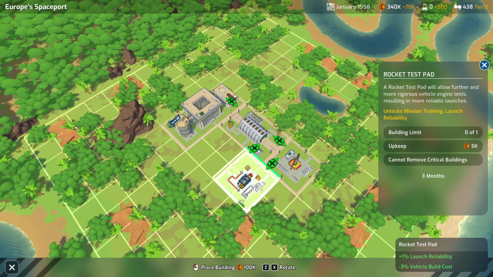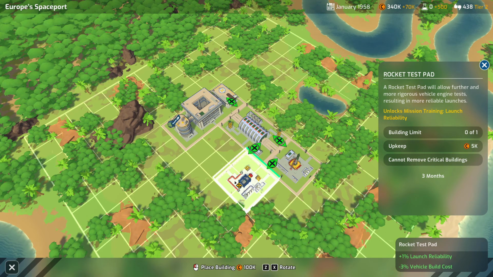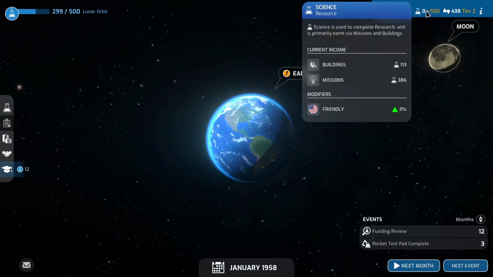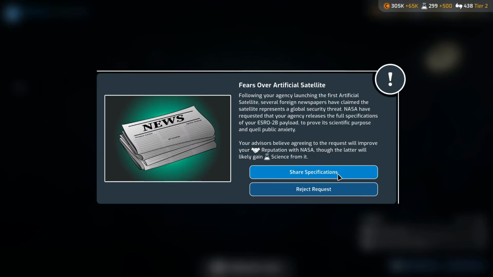I think it gets adjacency from the launch pad as well as the hangar. Yeah. So we will build this one right here. Plus 1% launch reliability, minus 3 vehicle build cost. So let's build this. We will now get 500, which means next month,